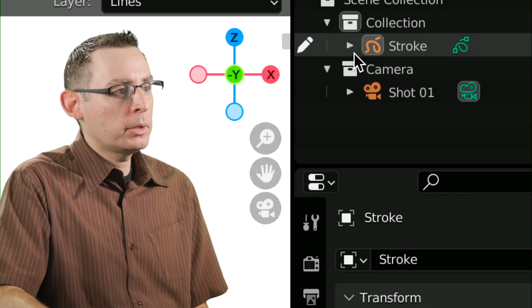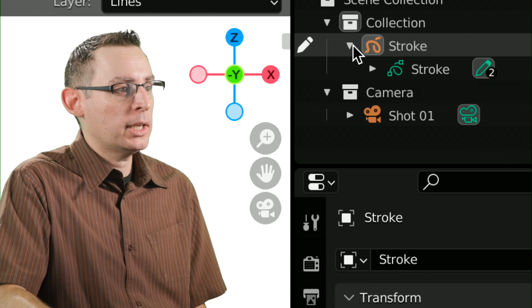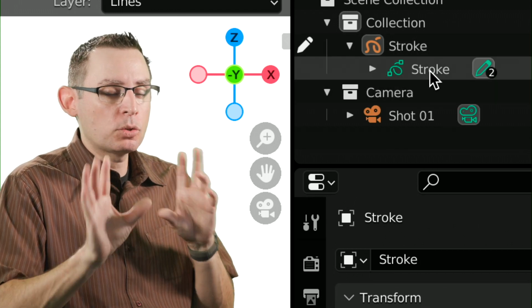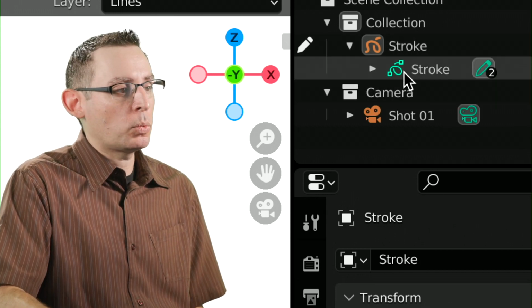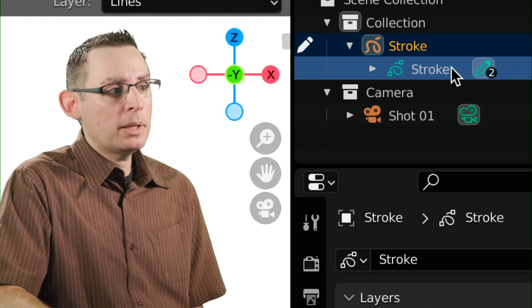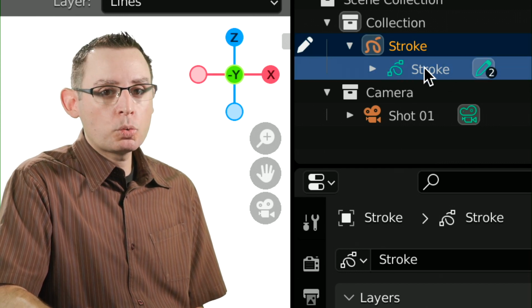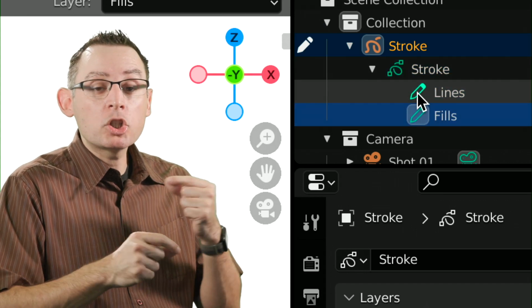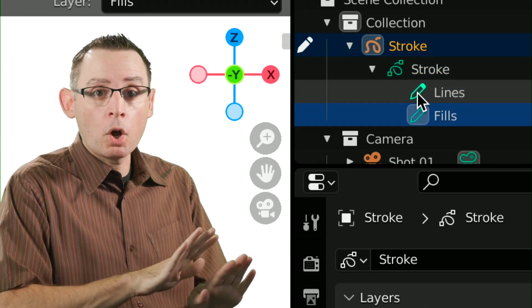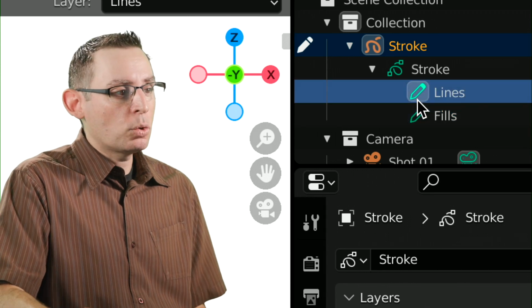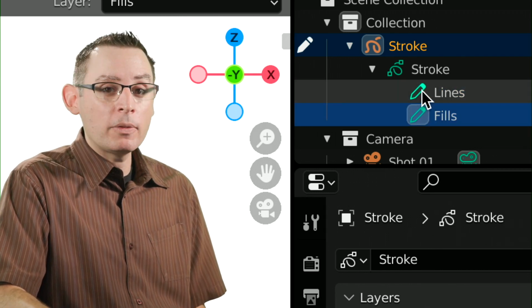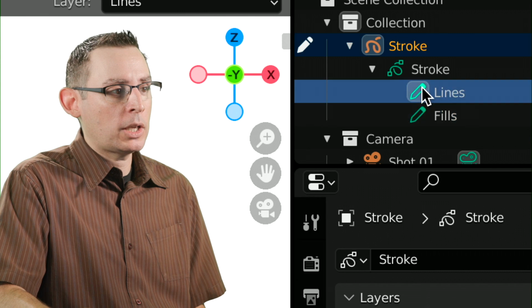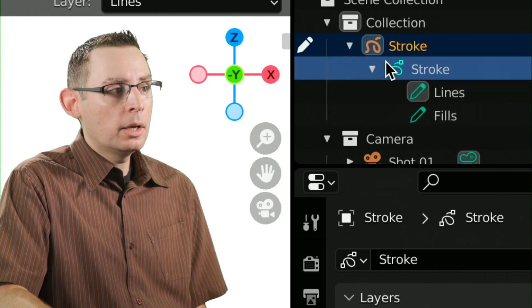Let's travel up here. I'm going to go into my stroke object for a second, and we're going to take a look at this, because this is where we're going to be doing all of our 2D animation work. This is called a grease pencil object, because this stroke component is going to give us a whole series of layers where all of our drawings are going to be saved. So we're really putting information on these drawing layers down over here, which are a component of an object.